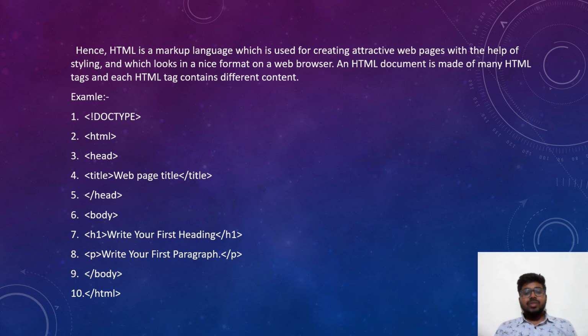For example, there is an HTML document present here, which consists of a doctype indicating that it is an HTML document, and inside head, whatever we write will not come under the body. Inside body, whatever we write will show up, and we can see that.